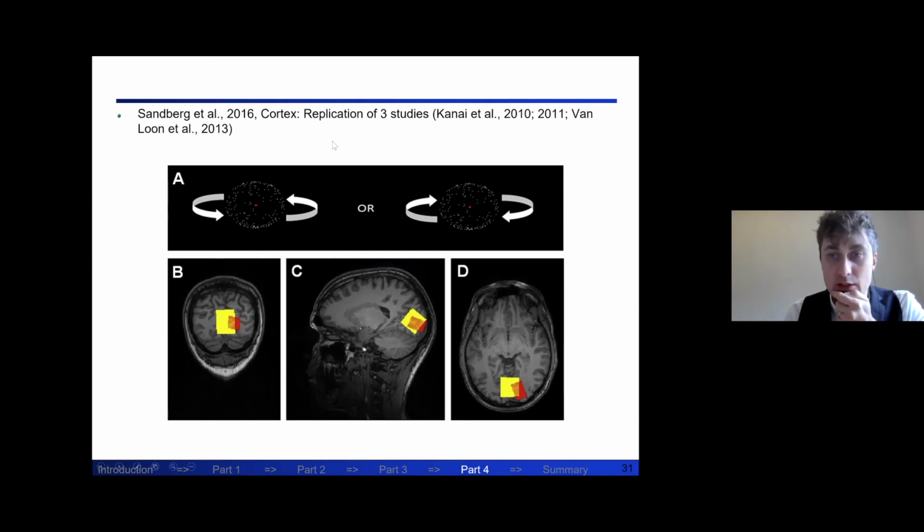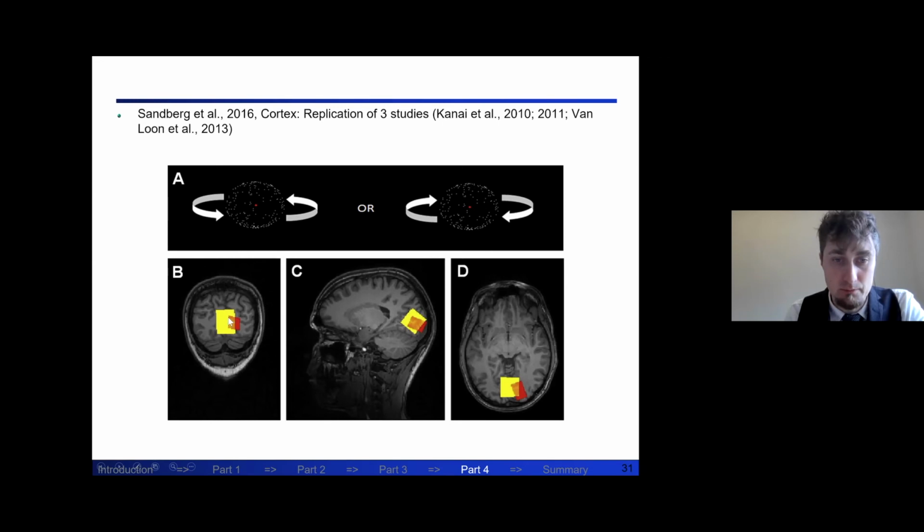So when we finally got around to publishing, we thought we would make it as a Bayesian replication study, rather than presenting it as a new one, because some of the novelty was gone in that sense. But since you need a structural MRI to localize your spectroscopy voxels, ours were positioned here in the occipital lobe.